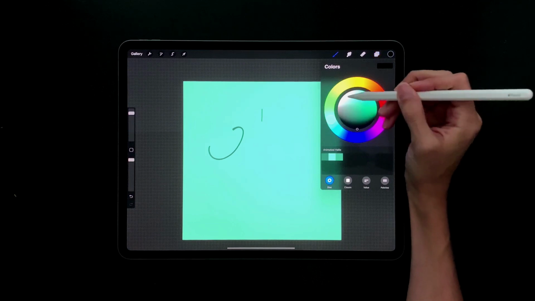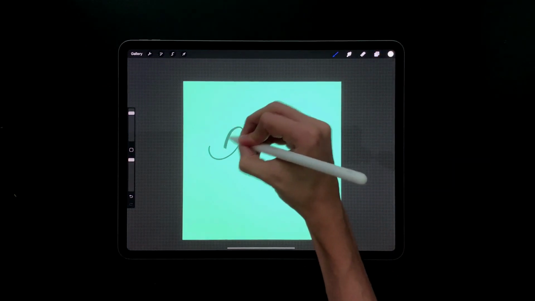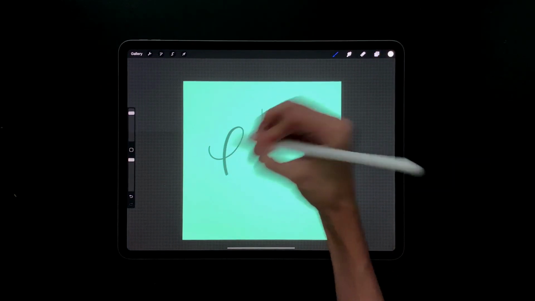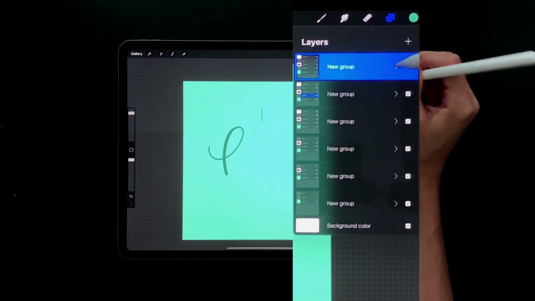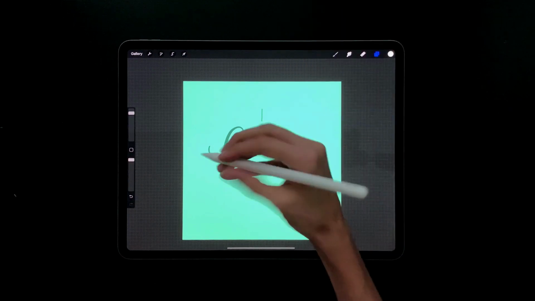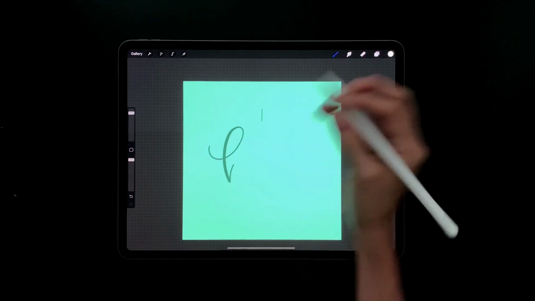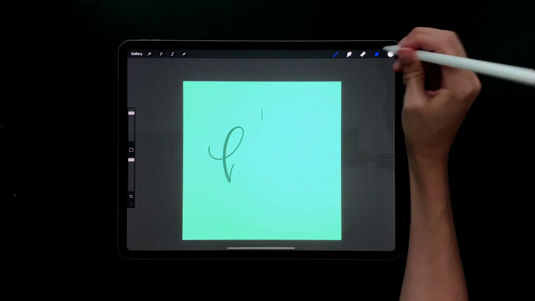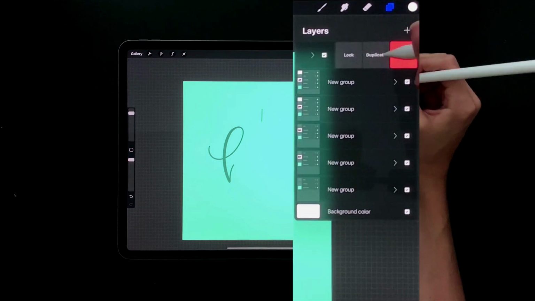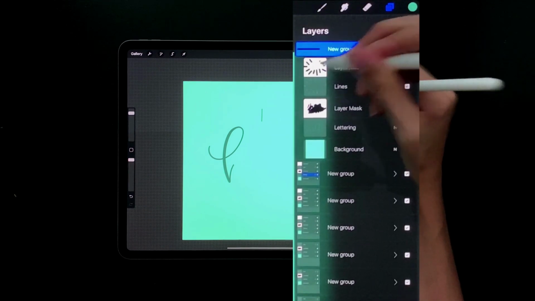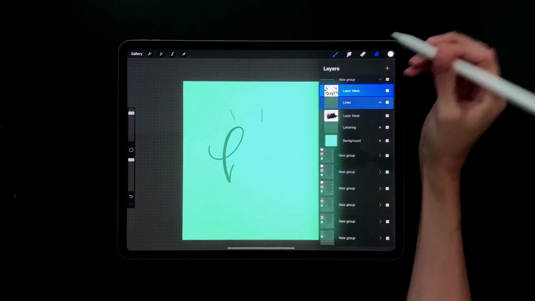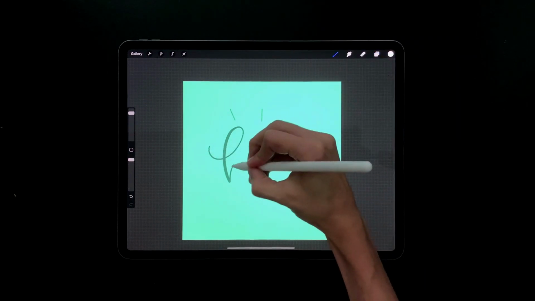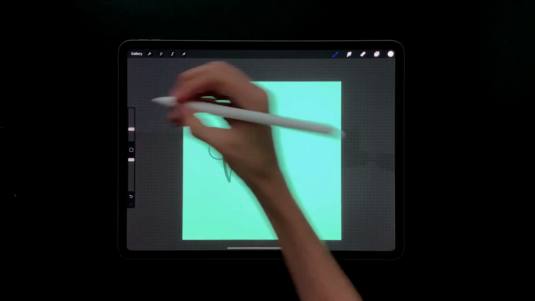So now I'm going to grab my white, reveal more of my H, duplicate. So it's pretty repetitive as you go along, but once you start getting the hang of it, it'll become a lot faster. And I'm going to make a new layer, and now I'm going to reveal another one of my lines right here. So I got my white there, come back to my mask, draw more of my H in,